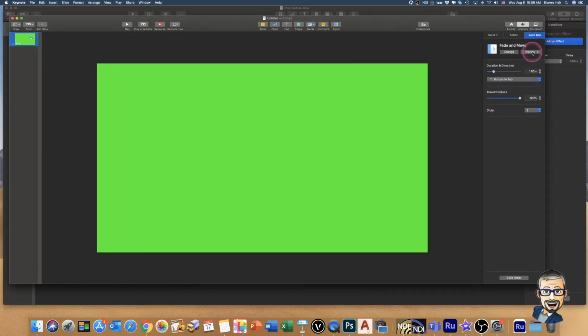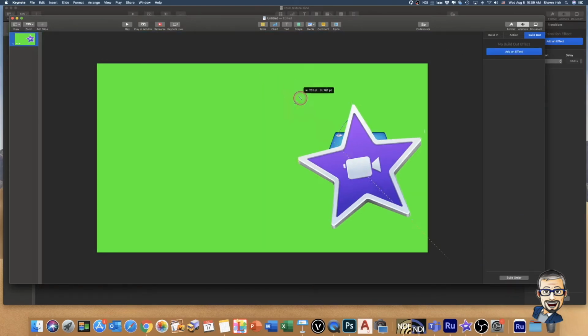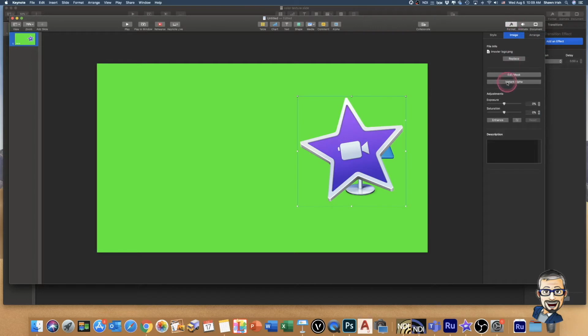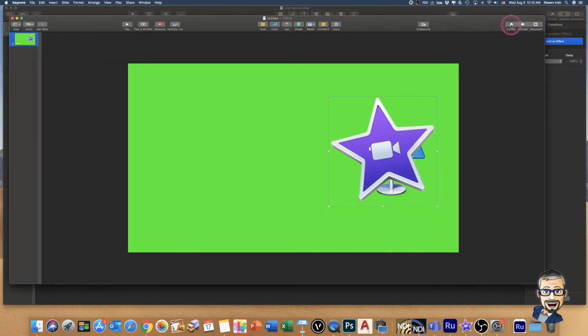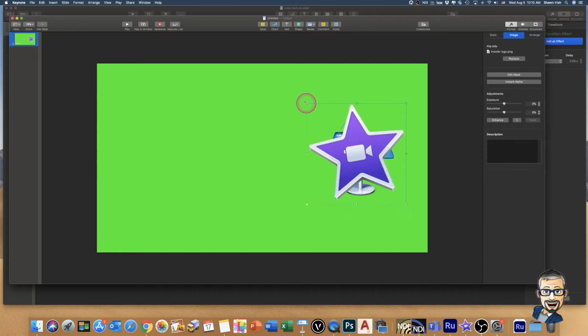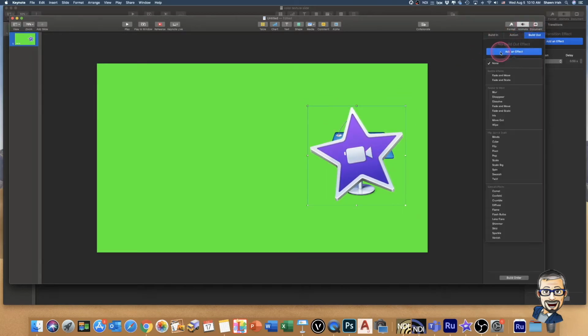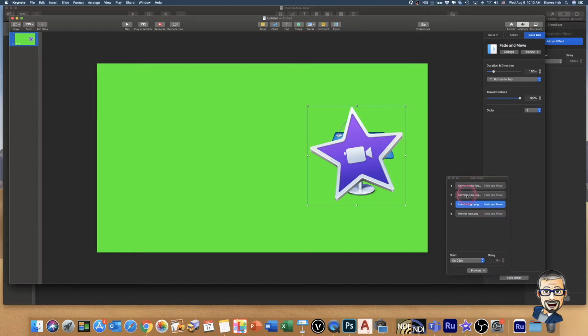So I'm trying to find the right transitions that I like. This is one of the best things about Keynote, that it has really fine adjustment tools that you can use to adjust graphics or text or anything else you want to make move or animate in some way. Keynote really has some great features in order to do that. So I'm going through. I'm trying to find the right